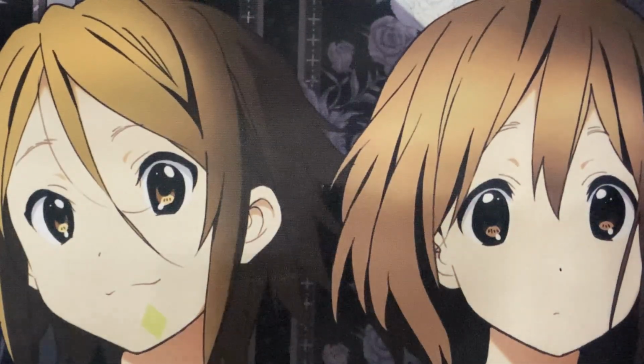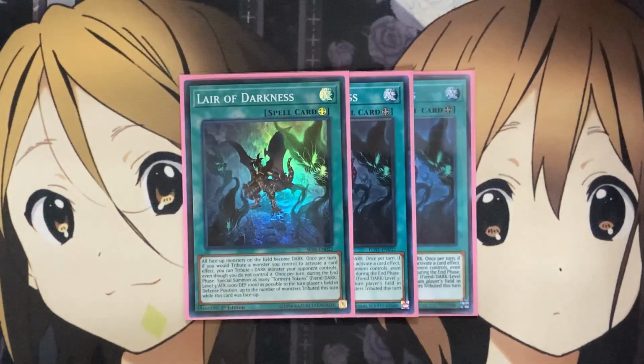For the spells, I am running 3 Lair of Darkness. All face-up monsters on the field become dark. Once per turn, if you tribute a monster you control to activate a card effect, you can tribute 1 dark monster your opponent controls, even though you do not control it. And once per turn during the end phase, special summon as many Torment tokens onto the field as possible in defense position, up to the number of monsters tributed this turn while this card was face-up,